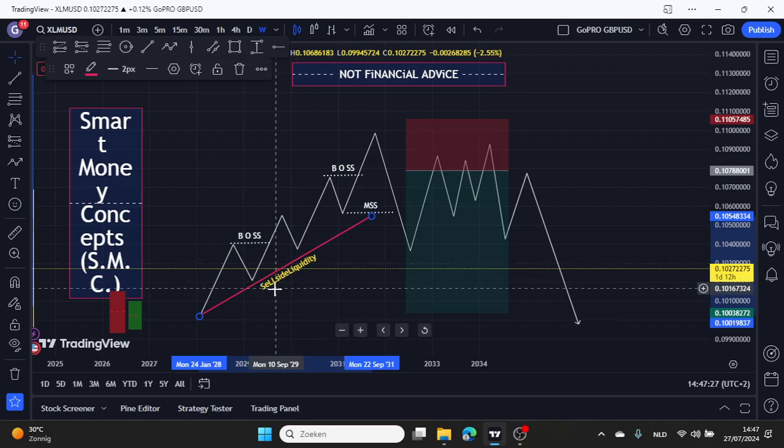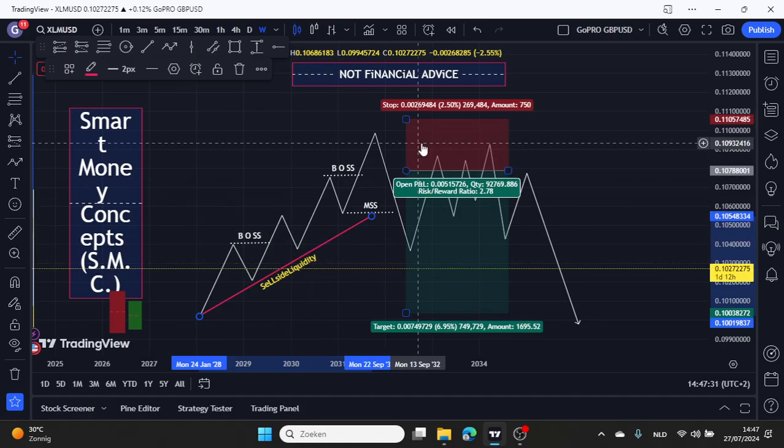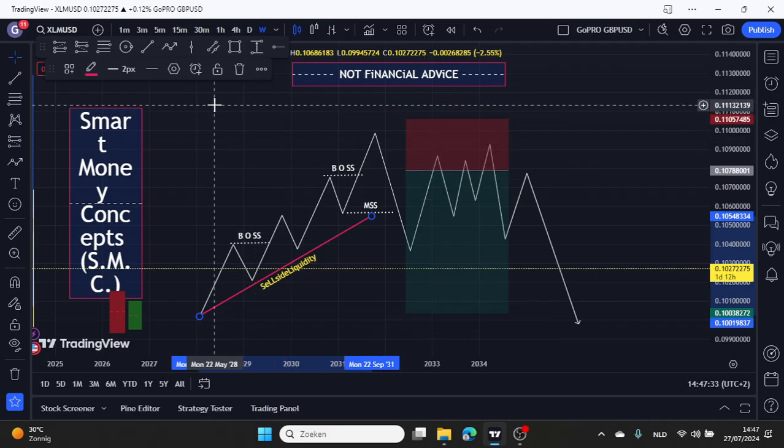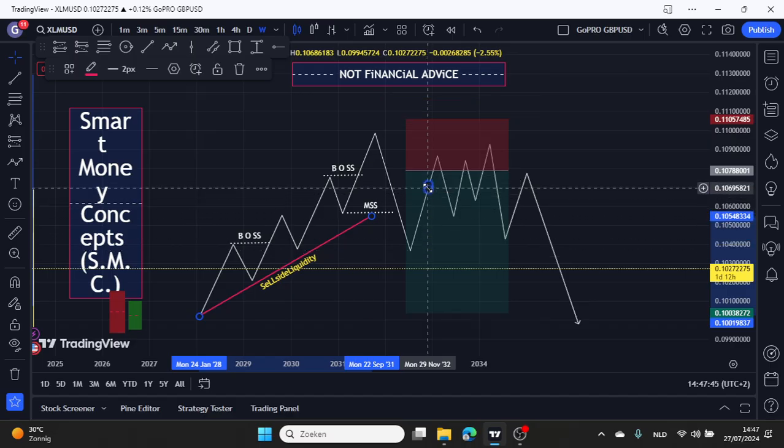And that's why I call it sell side liquidity. And the buy side liquidity for me lays above old highs because there are buy stops and stop losses from shorts,